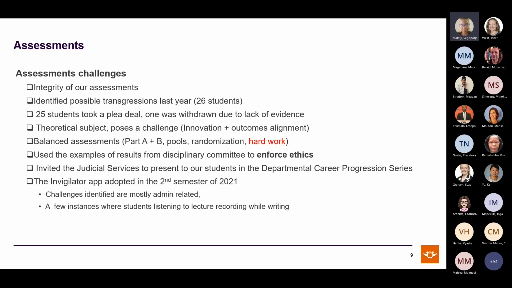And I think in this semester, we invited judicial services in the departmental career progression series, so that students can just hear it from the horse's mouth to say, what are the implications of being unethical when you are dealing with your assessment? And then in the second semester, we now introduce the Invigilator app, so that we can see that we're getting what we want to get, and we identify few challenges, but some of them were really admin